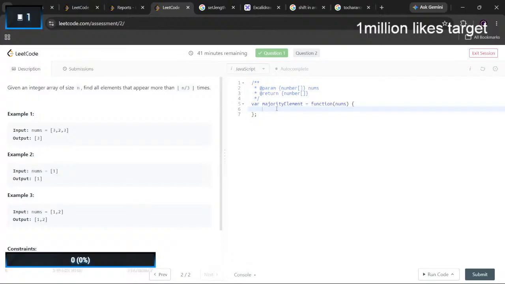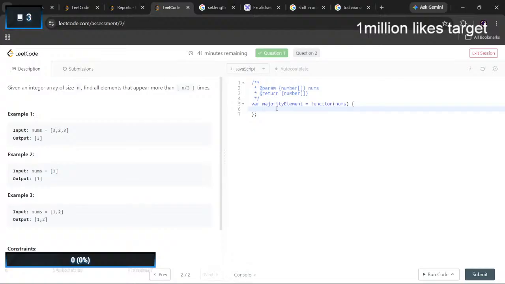Tell the math.max. There can be a max for everything. First value we are getting 3.